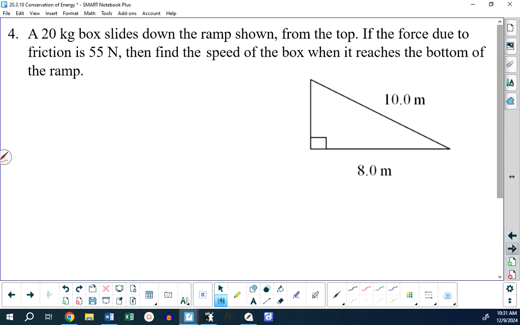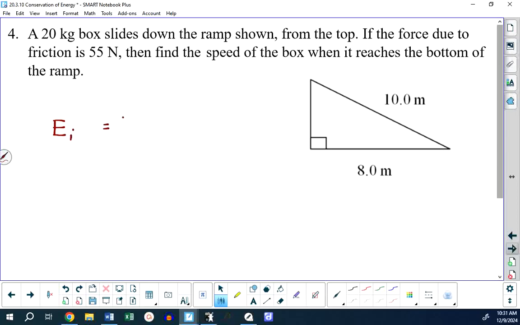Number 4, a 20 kilogram box slides down the ramp shown from the top. There's a force of friction. Okay, well, right away there's a force of friction. Heat will be produced. Is work done? No. It doesn't say that somebody's pulling on the box with a rope or pushing with their hands. And that means that